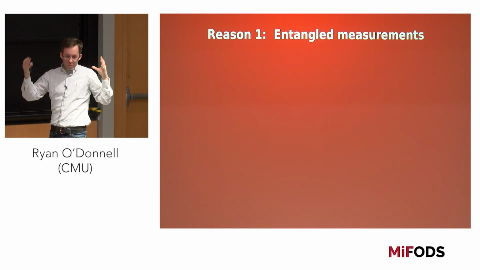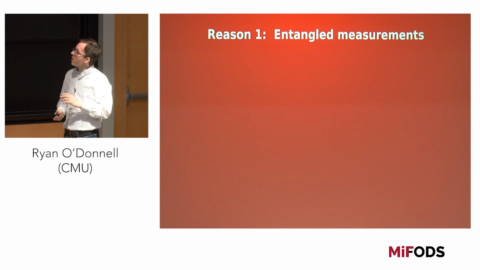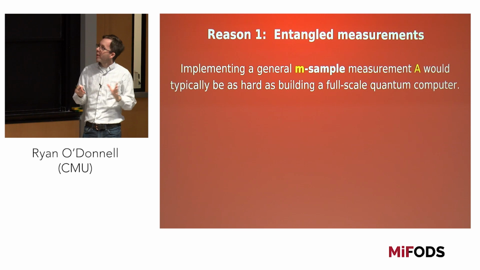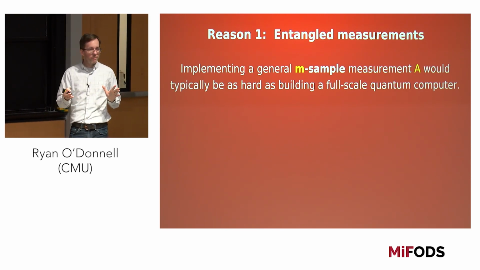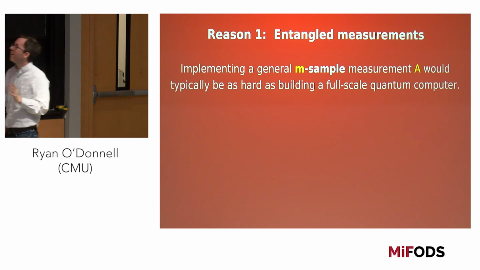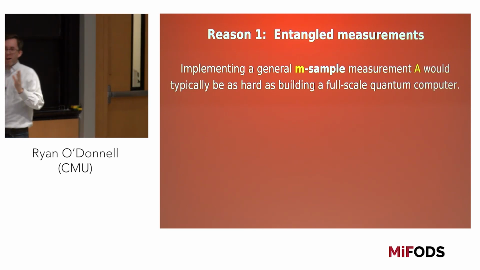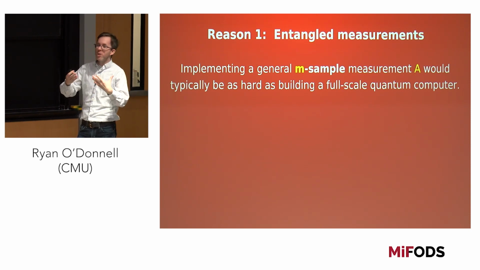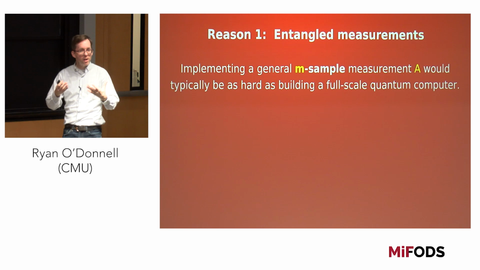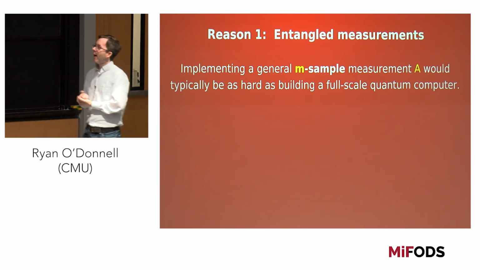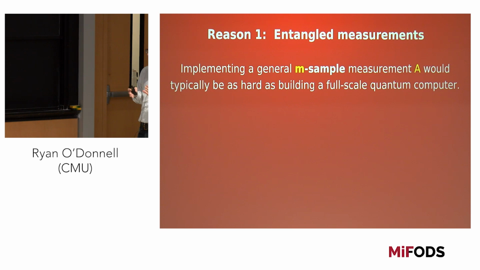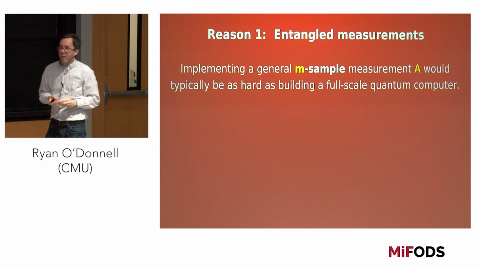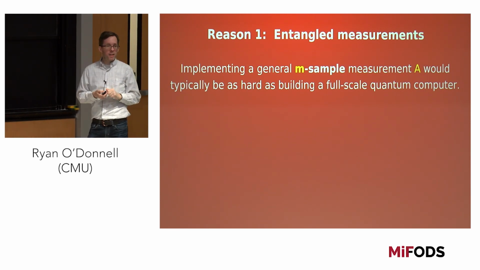Once you've designed your big operator A that operates on all samples, physically implementing it is probably going to be just as complex as building a full-scale quantum computer, which of course we cannot do right now. So these m-sample measurement algorithms are highly impractical, at least with today's technology. The algorithms I mentioned before are maybe what we'll be using 30 years from now, but today we don't want to do them. It's fair to say that it's only feasible to build one-sample measurement algorithms A, so one interesting line of research is to understand what the optimal algorithms in this scenario are.